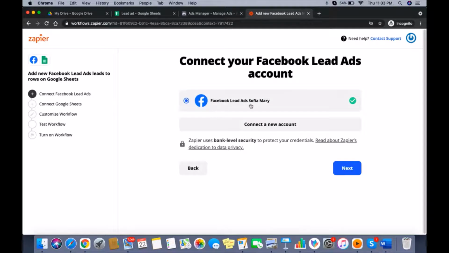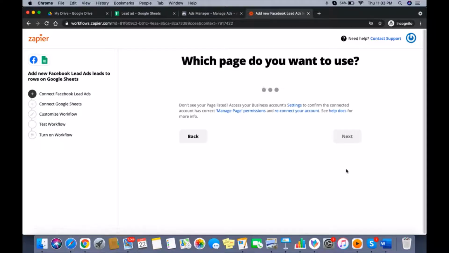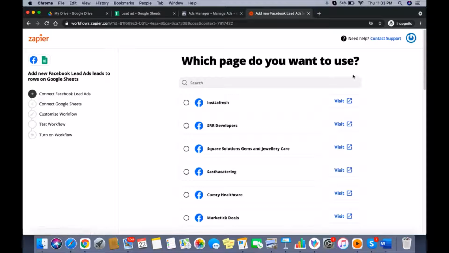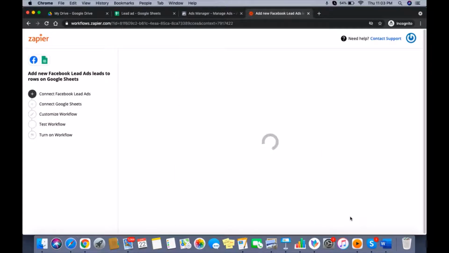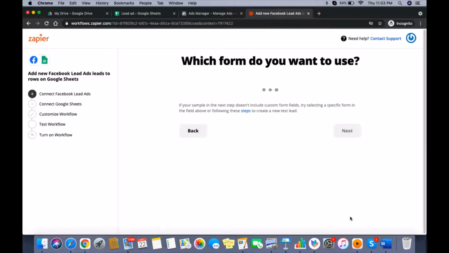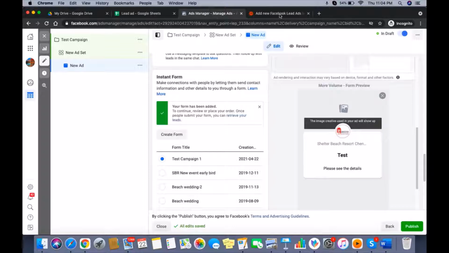So now I have connected my Facebook lead account. Since I signed up via Facebook, it automatically took my Facebook lead account. So my page is Makitech. You can just type your Facebook page and connect over here. Which form did we use? We used something called test campaign 1.